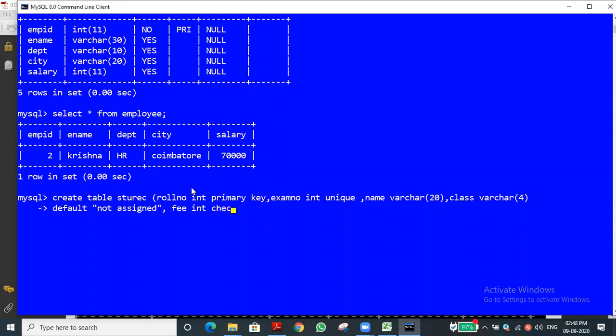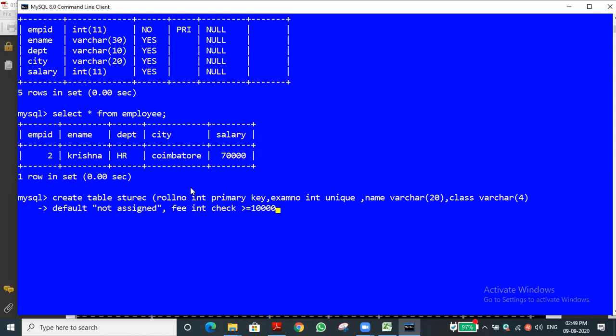Check greater than, and we have to set the limit. For example, if the minimum fee amount is 10,000, greater than or equal to 10,000 we have to give.